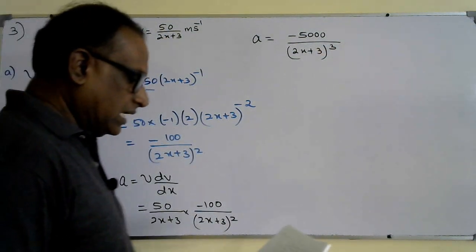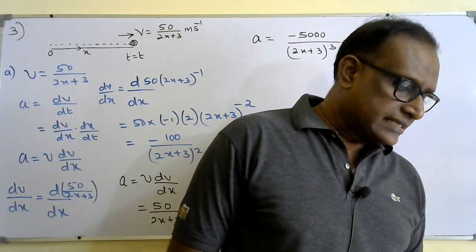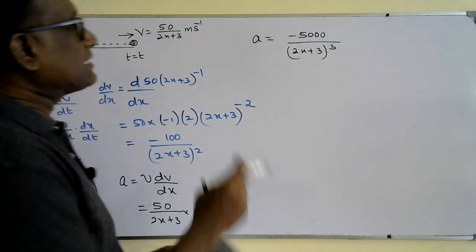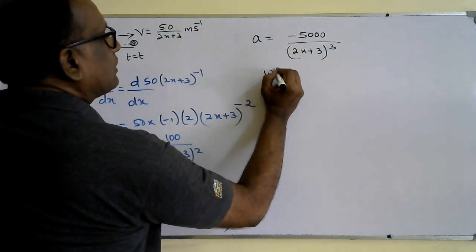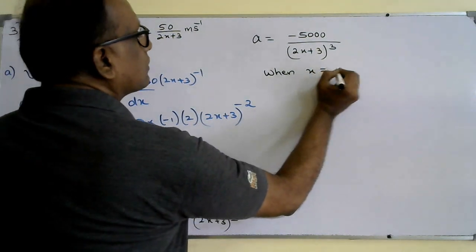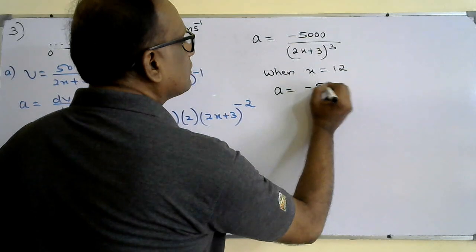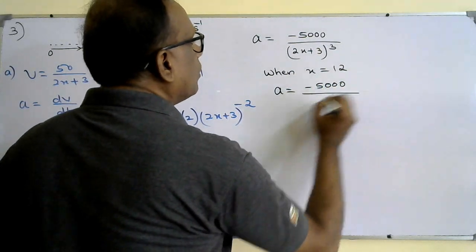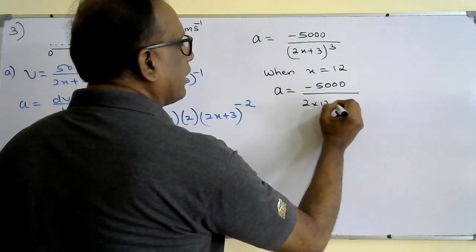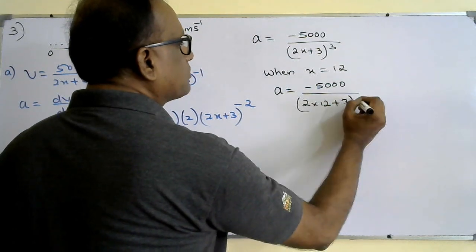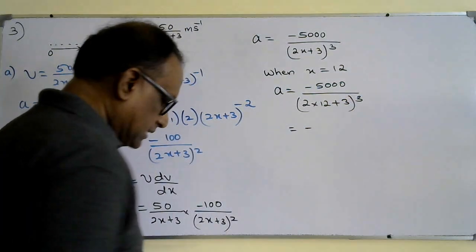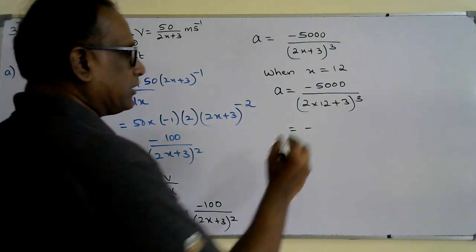Right, so the question is, find the deceleration of e when x equal 12. So when x equal 12, a is going to be minus 5000 over 2 into 12 plus 3 all the cube. Solve it, you will get the answer negative 0.25